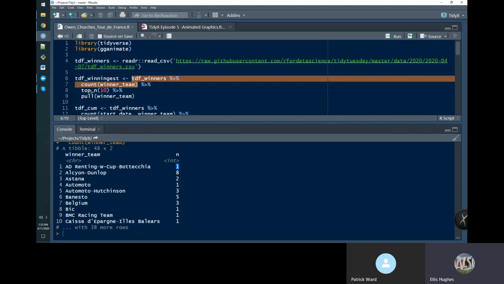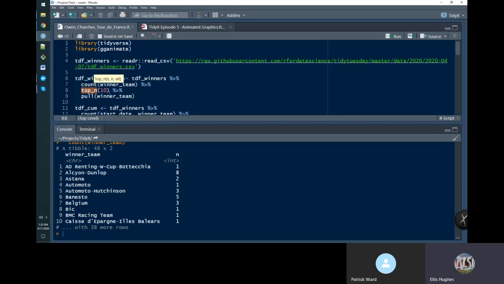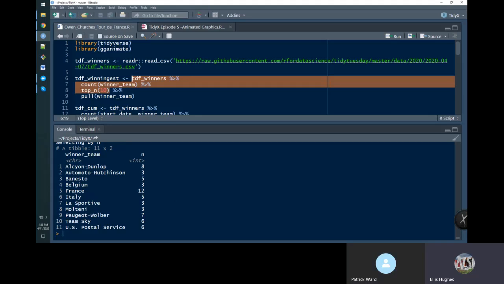Next, he uses this function top_n, which we haven't covered yet. But what it does is it looks at the largest n values that exist, and extracts those top n rows from the data frame, in this case 10. So if you do that quickly, you only have the top 10 teams. But if you can see, there's actually 11. That's because there's a tie here with 6 wins. So it kept all of those for us,